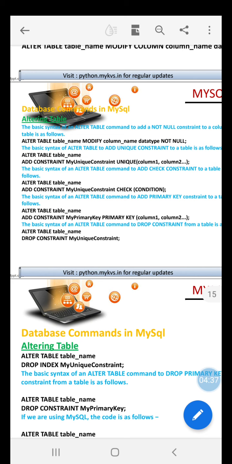Similarly, if we want to make the value of the admission number unique, we must write alter table, table name, add constraint, then a constraint name like myUnique, unique, and we must fill in all the columns which we want to act as a unique value.